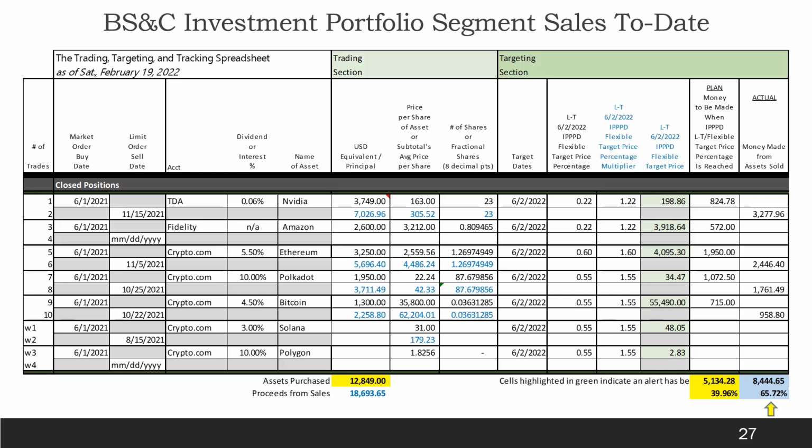The blockchain stocks and cryptos, BS&C, investment portfolio segment has done well. Look at the bottom right of the screen where the yellow arrow is pointing. The last column, actual money made from assets sold. Our $13,000 ventured, rounded up from $12,849, earned us so far